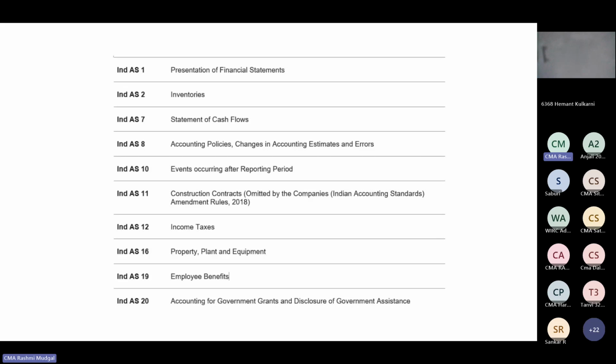Do we need to take care of the normal loss? Do we need to take care of the abnormal loss? What will we do for the storage cost? What if we are not adding the storage cost into the inventory? What will we do?